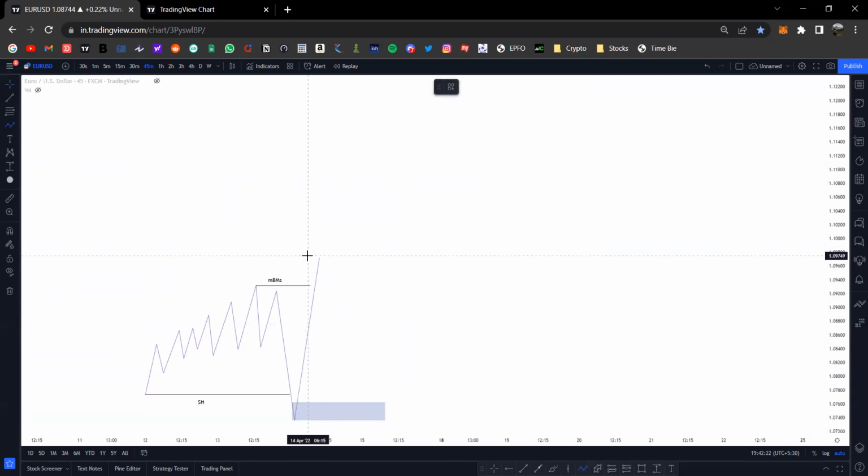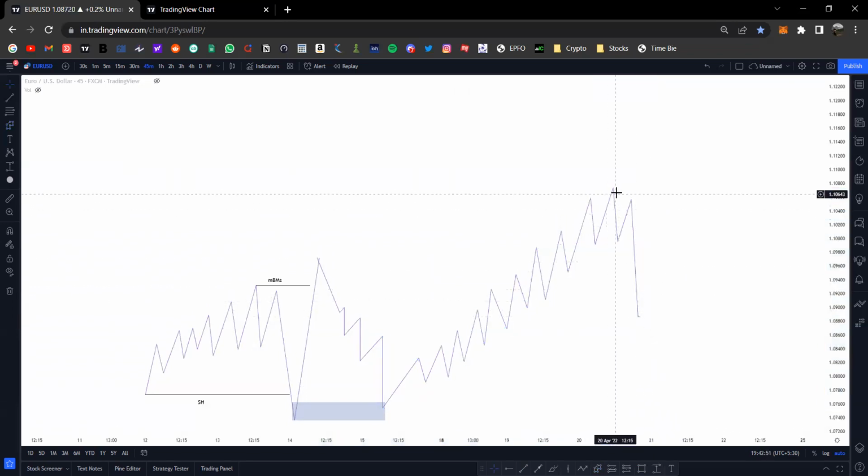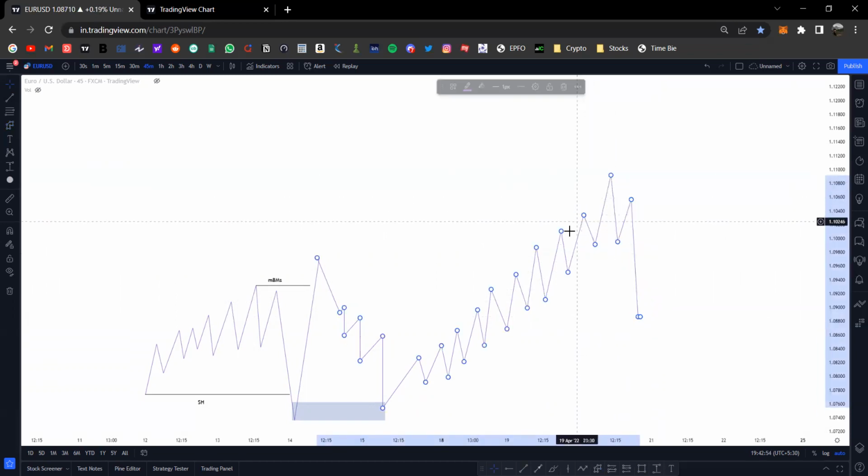And if price has mitigated this high and taken out the highs, with higher highs and higher lows, and if price takes out some kind of swing low, and for instance price has taken out the double top liquidity like this,